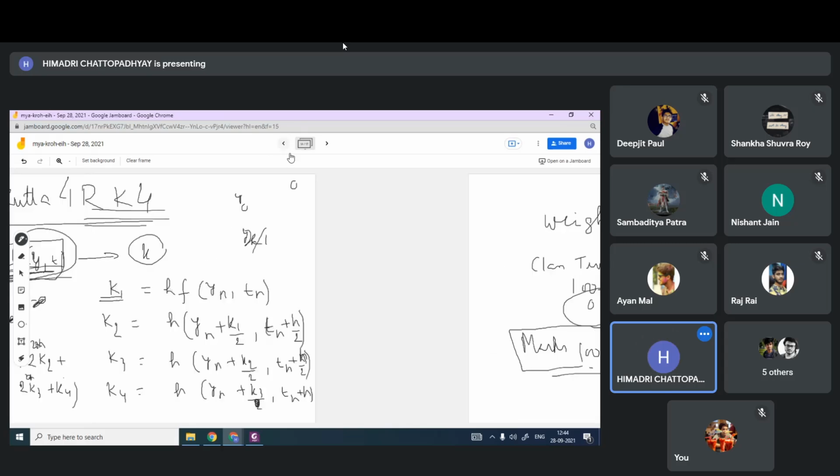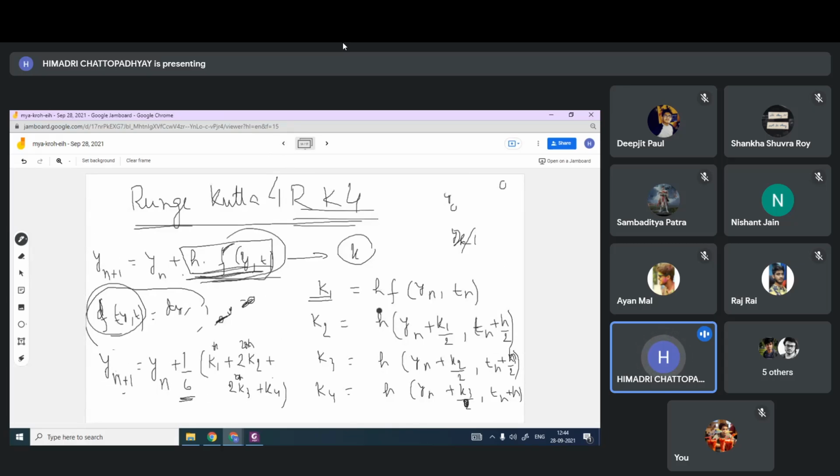Similarly, this is weight. I am calculating this slope into this f at different locations. But 1/6 weight to this, 2/6 weight to this, 2/6 to this, 1/6 to this. So 1 plus 2, 3 plus 2, 5 plus 1, 6 by 6. So finally I get 1. These two formulas are dimensionally similar, but this is fourth order accurate and this is first order accurate. So to get a very accurate result, you have to use third order or fourth order Runge-Kutta method.